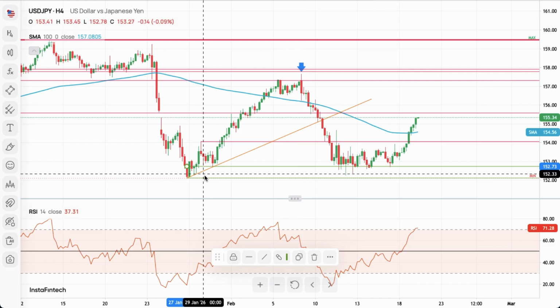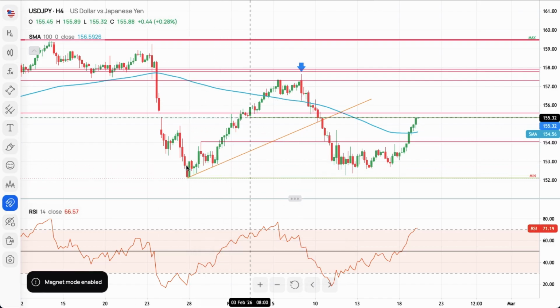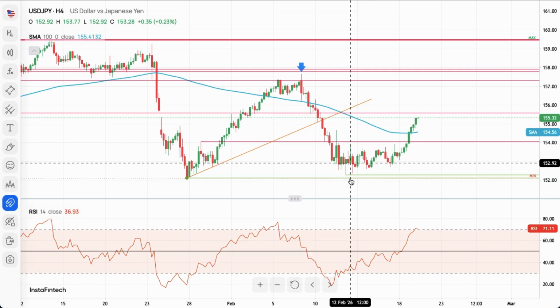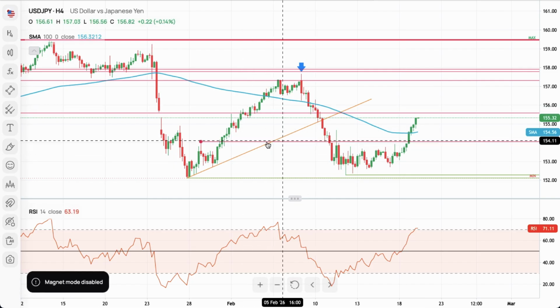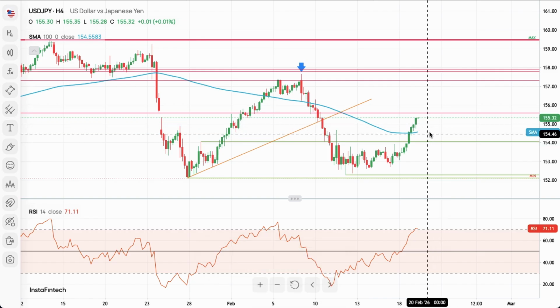17 pips. We have 17 pips left for this low to be tested. Breakout to the upside from the range. So now this level here will act as technical support, at least temporary, and we are heading towards